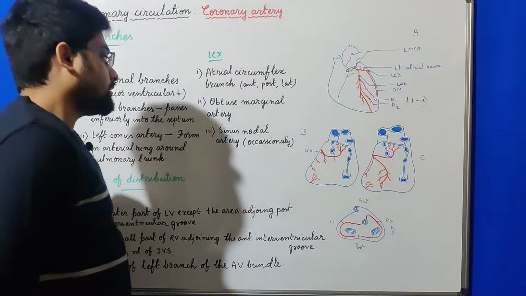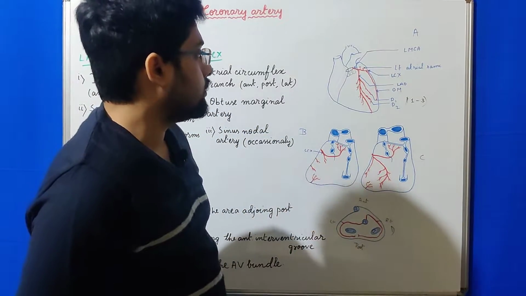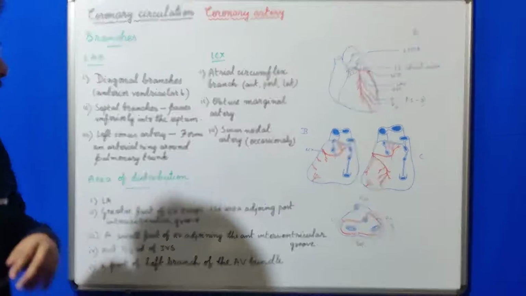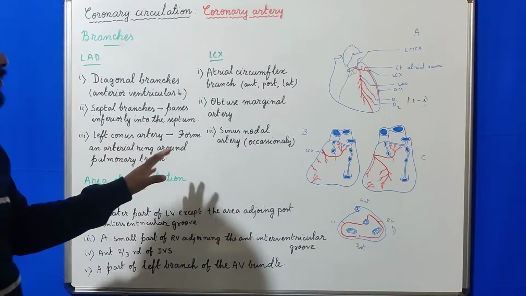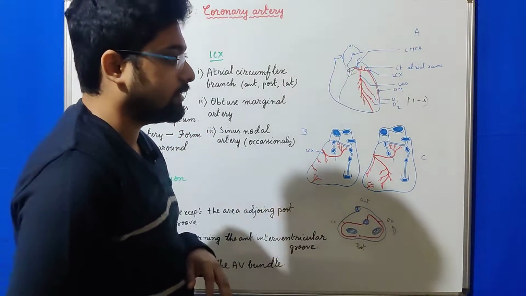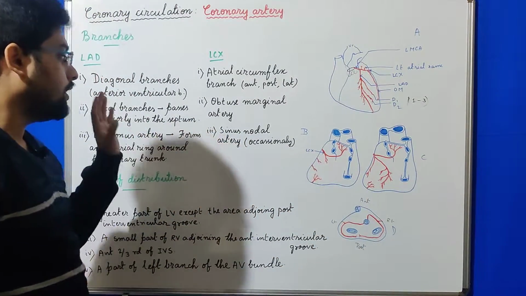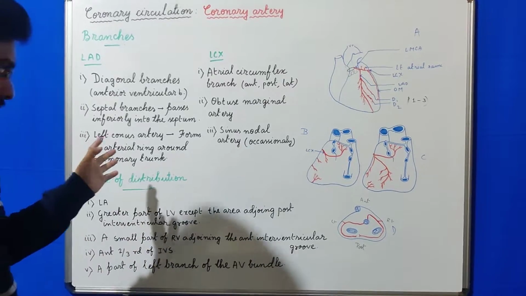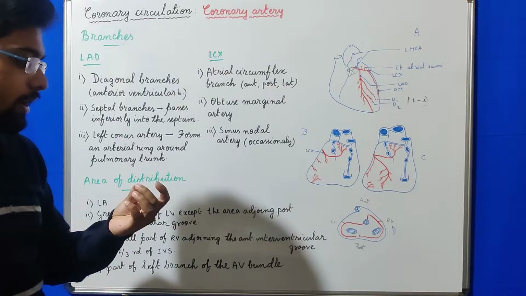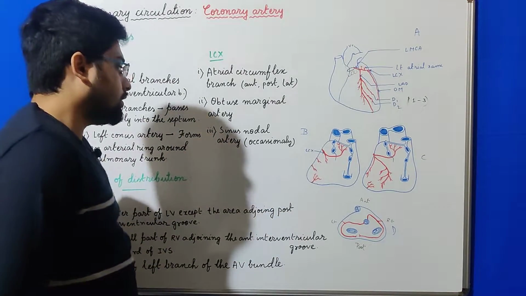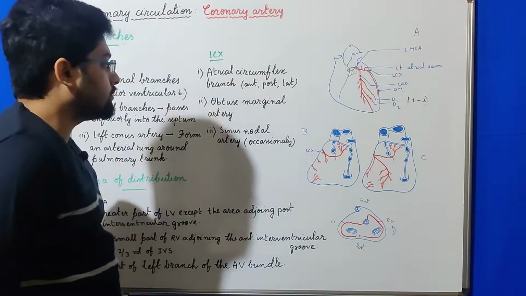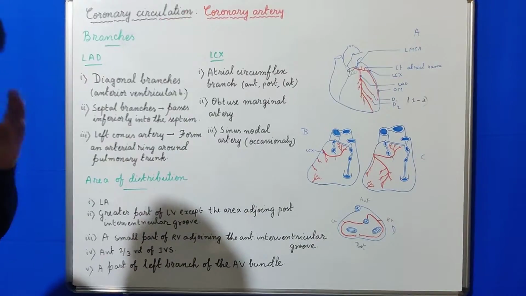Occasionally the sinus nodal artery can also arise from the left circumflex branch of the left coronary artery. We have seen that usually the major part of the cardiac conduction system, not only the sinus node but also the AV node and most other parts, was supplied by the right coronary artery. In some cases, the sinus nodal artery arises from the left circumflex artery.